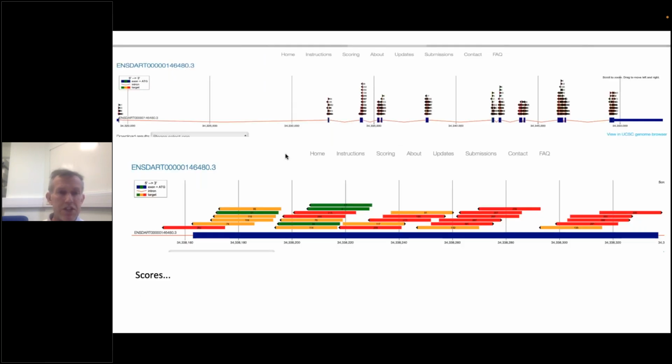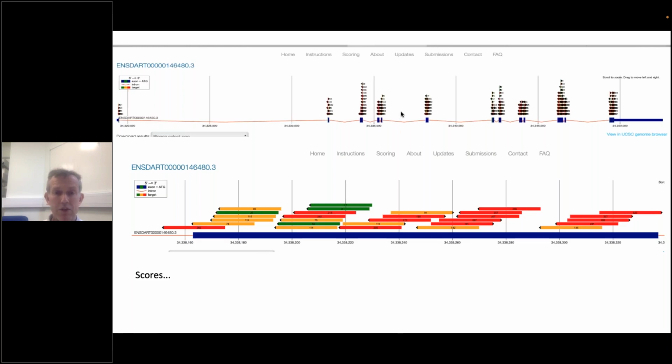Okay, when you send off this sequence, after a while, the ChopChop website will produce a view like this one over here. And you can see different exons of the gene. And above this are all these little arrows, which are basically designed guides. And you can then scroll and zoom in on the exons that you were interested in.